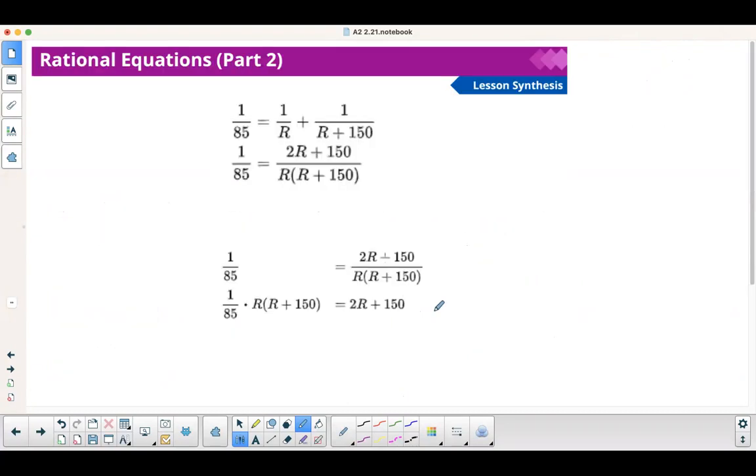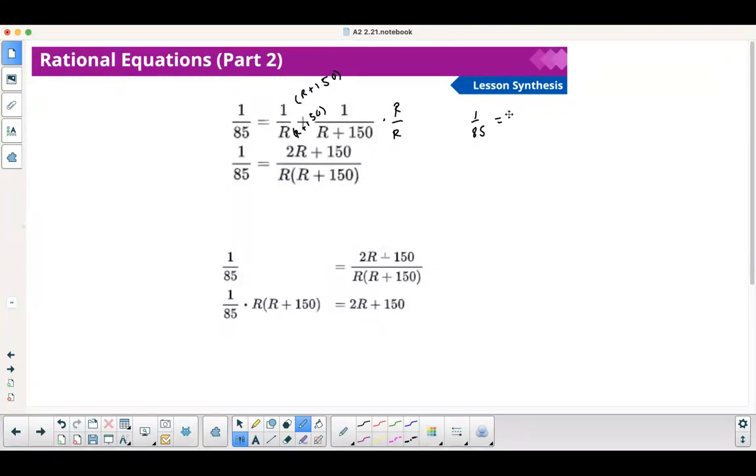All right, so lesson synthesis. So we're going to just kind of see how they got from here to there. So I was showing you how to cross multiply. Another thing you could do is get a common denominator. So if I multiply this by R over R, and I multiply this by R plus 150 over R plus 150, what we get is there's kind of like an intermediate step here where it's 1 over 85 equals,